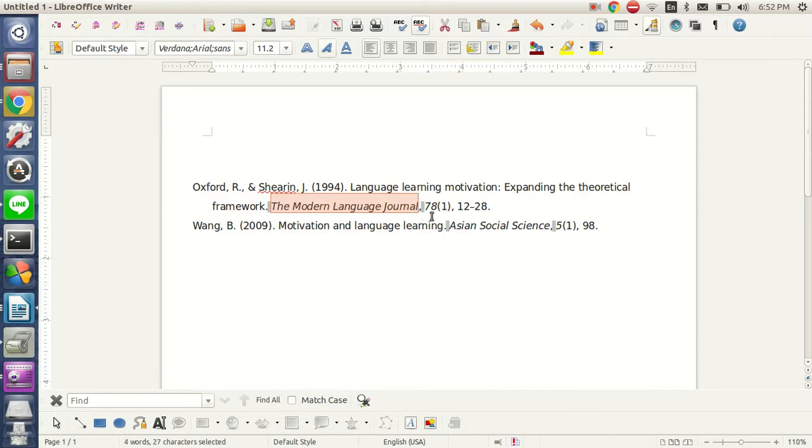We have a comma, and then we have the volume, and within parentheses the issue followed by a comma, and then we have the page numbers followed by a full stop. So that is correct. And for the second one, we can check this and we can see that the same information is exactly here. It's all here and it's exactly in the correct order. So this is correct in this case, but always check it